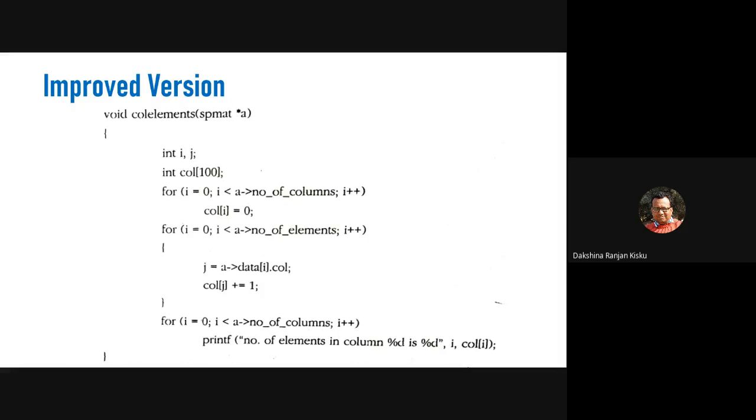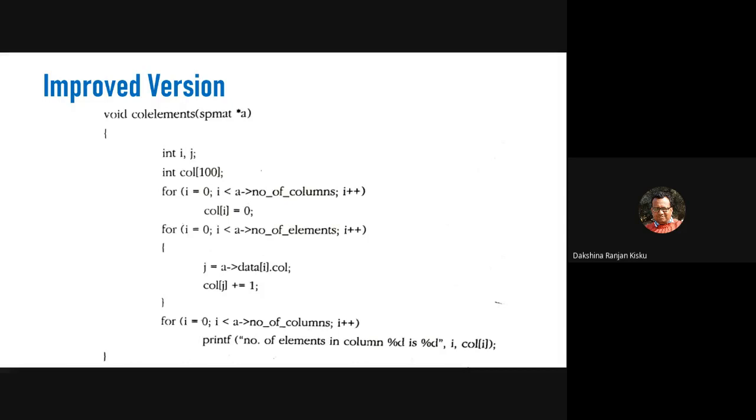So in place of p we will write order of mn. Therefore the overall time complexity becomes order of m plus n plus order of mn, so order of mn time complexity.